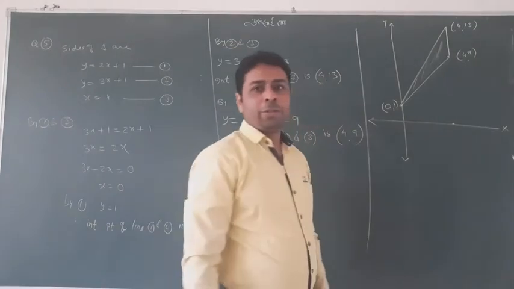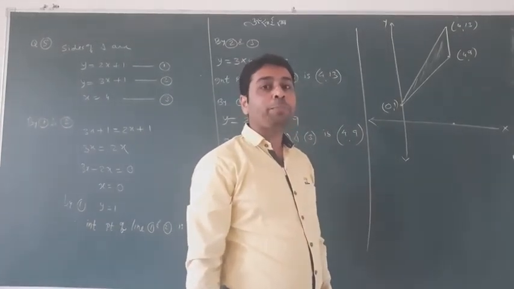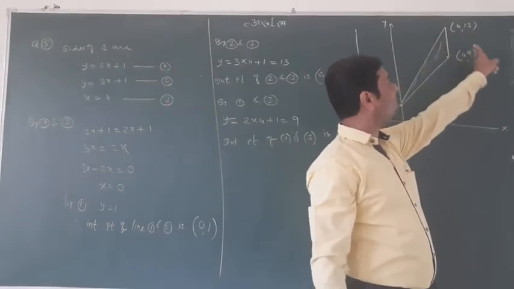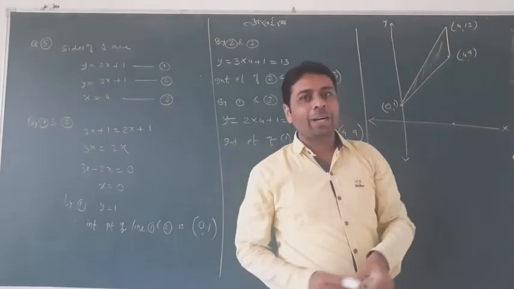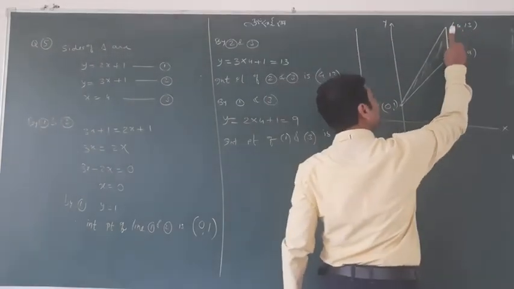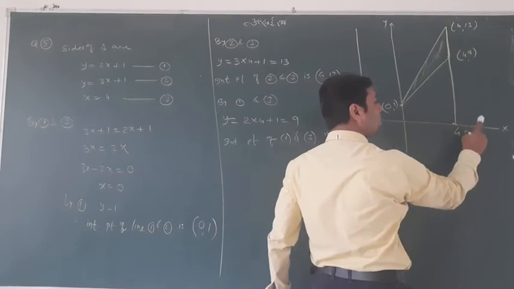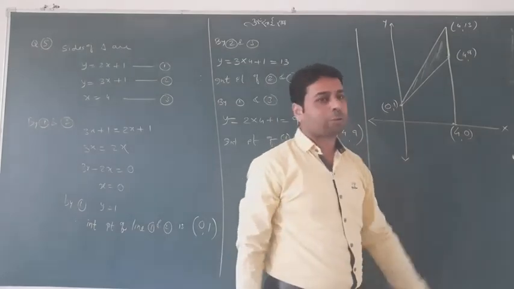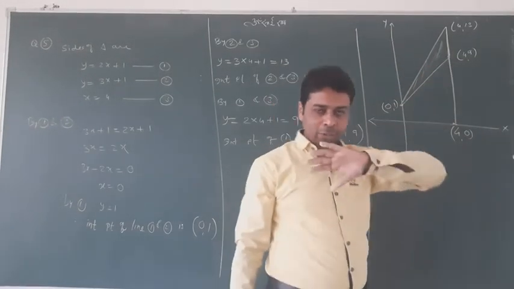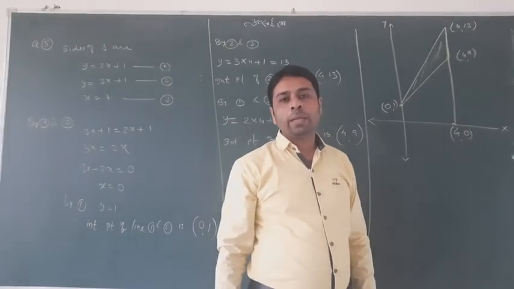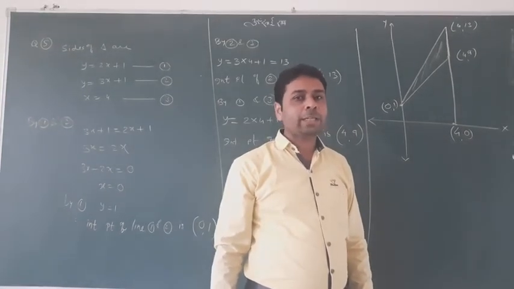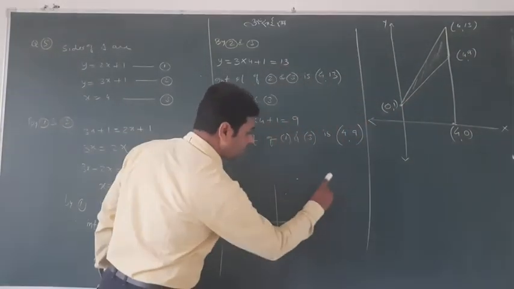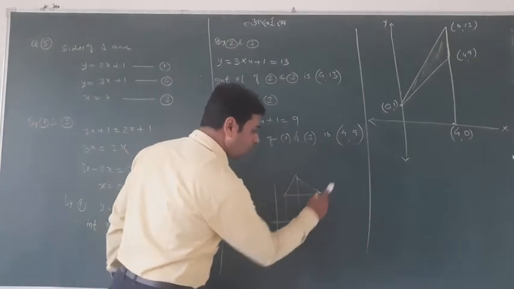I have a very small trick to share with you: this line is actually straight, not slanted. So when you draw the perpendicular, it directly meets the x-axis at the same point (4, 0). So you want to find this area. This is not the same question as the last board. That time only points were given, and we found all this kind of area.